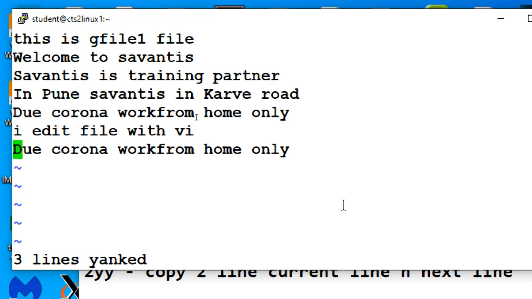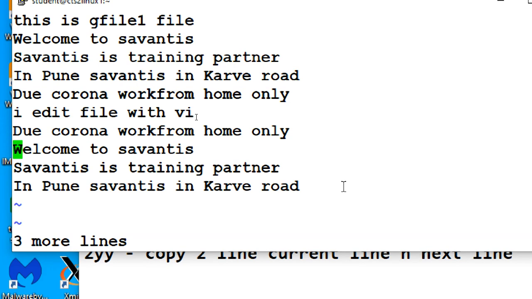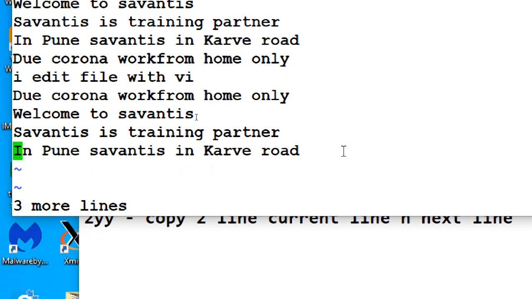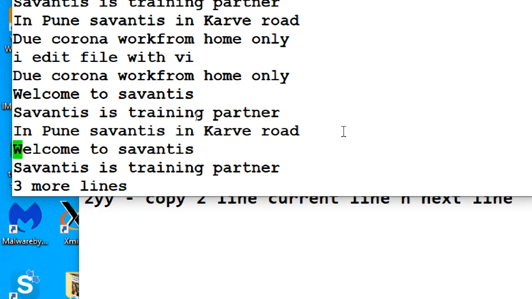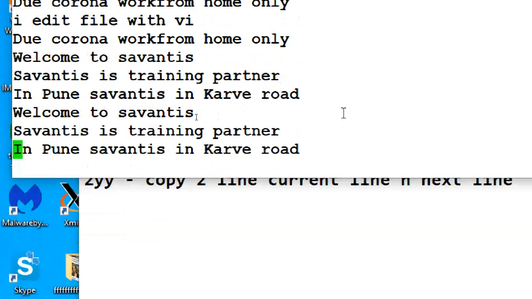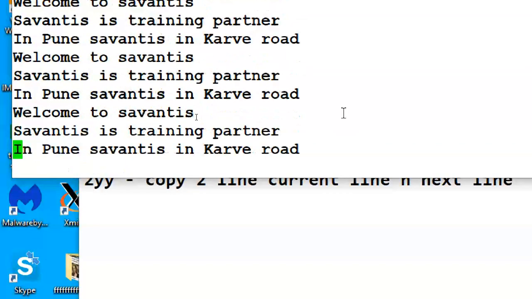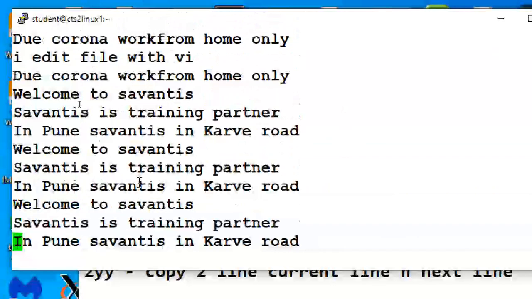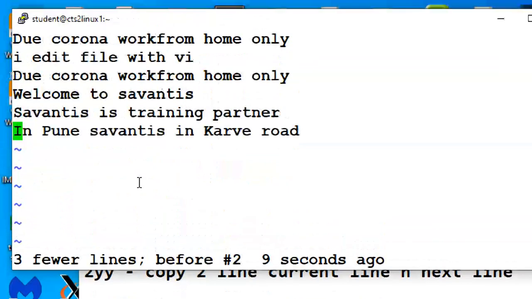I go to the down and press P. So 3 lines are copied. Never press P again. You have to go down where you want to paste. Like this, you can do it. Okay. Escape. That is enough.